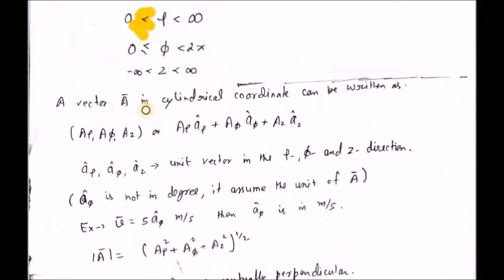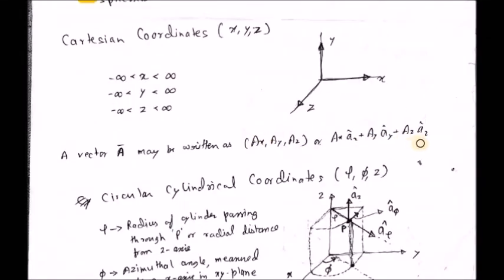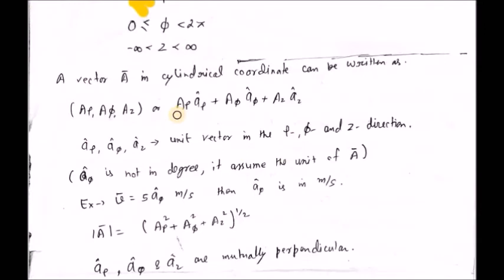Now any vector in circular cylindrical coordinates may be written like this: A rho, A phi, Az. This A rho is the component along a rho, A phi is the component along a phi, Az is the component along az. So A rho, A phi, Az in brackets, or simply as in the case of the rectangular coordinate system, I can write it like this: A rho in direction of a rho plus A phi in direction of a phi plus Az in direction of az,